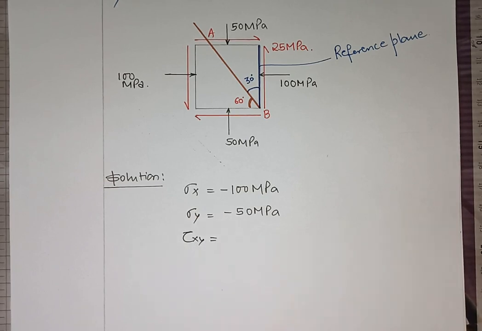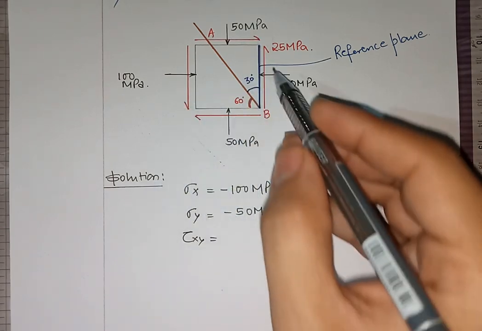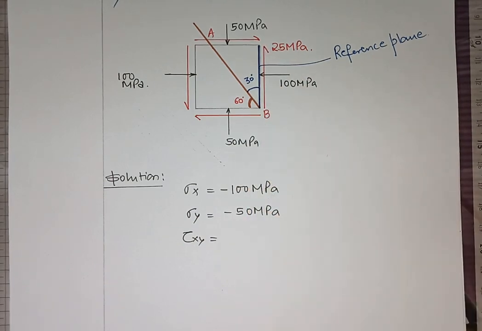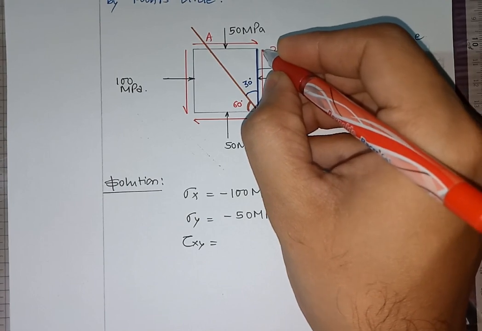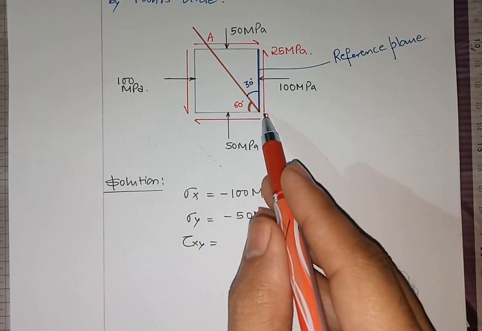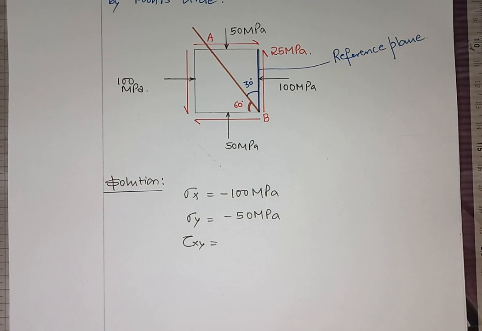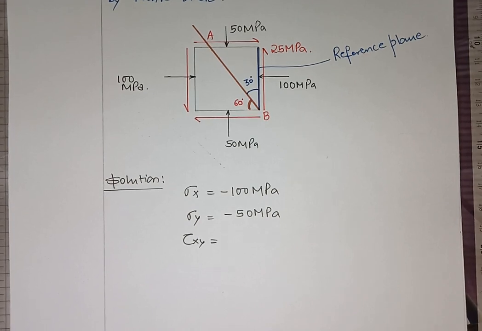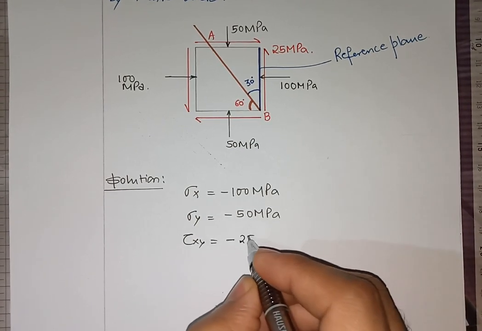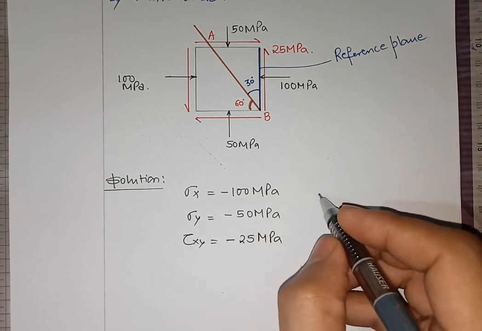Tau xy. With respect to this reference plane, which is the blue colored line, you just check out the direction of this shear stress. Direction of this shear stress with respect to this. It is trying to rotate the reference plane in anti-clockwise direction. So when it is anti-clockwise, shear stress is also negative, 25 MPa with a negative sign. Right? And theta,